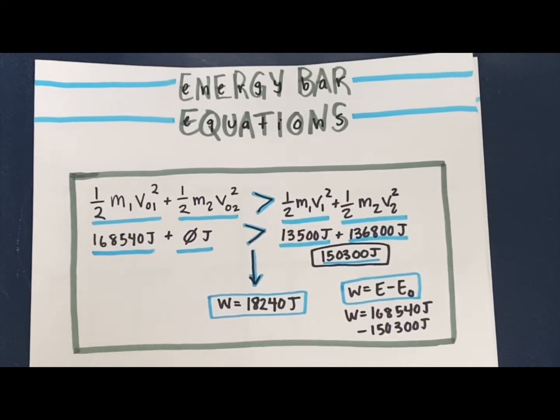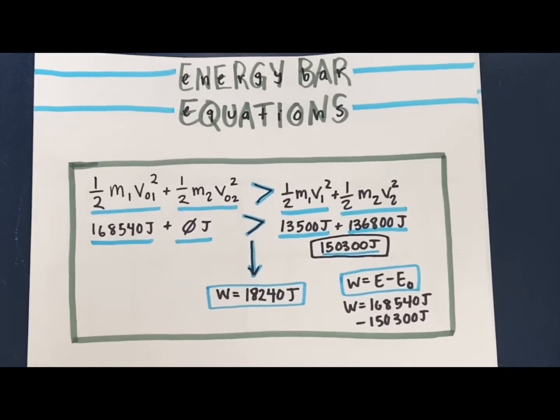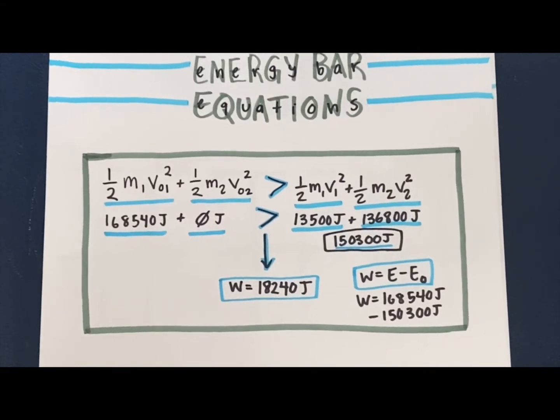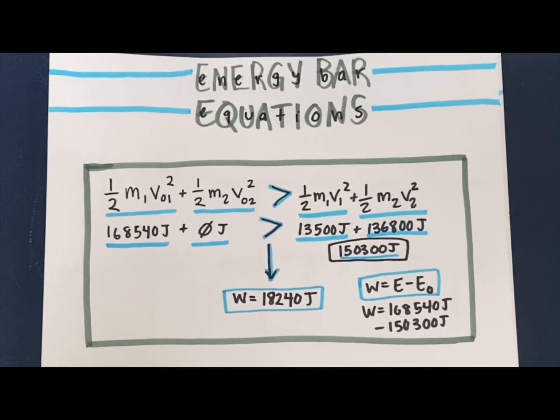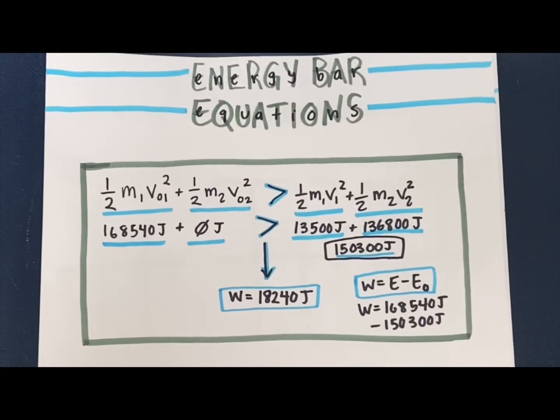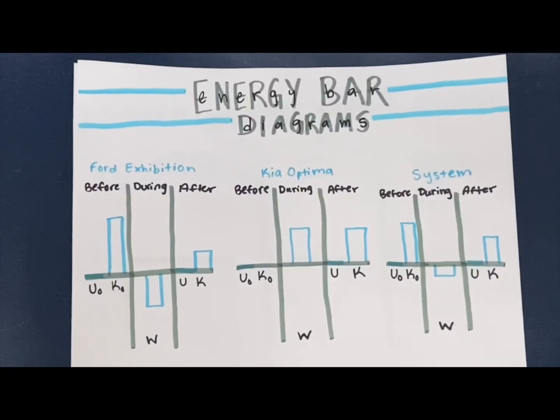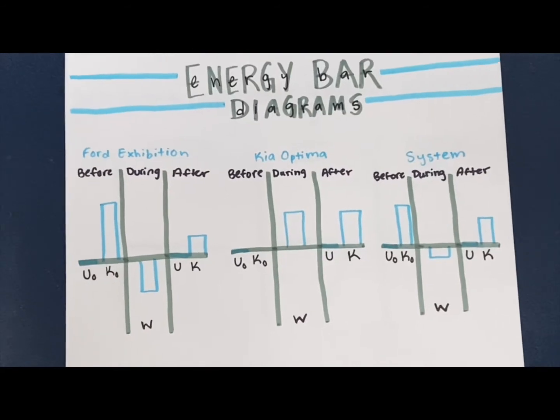Because this is an inelastic collision, the kinetic energy before the collision was greater than the kinetic energy after the collision. Using the formula for work, we found that the total work done during the collision was 18,240 joules. The gravitational potential energy for each of the cars and the system as a whole is 0 because there is